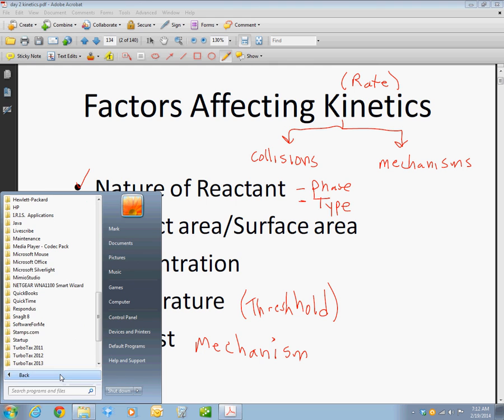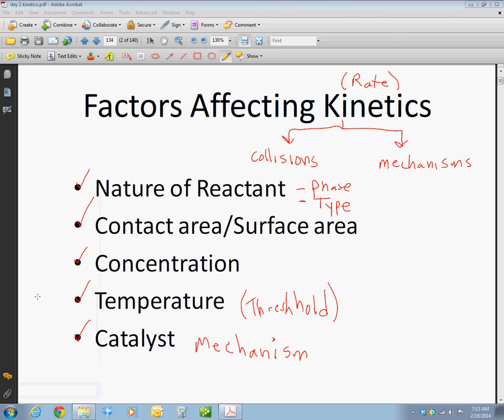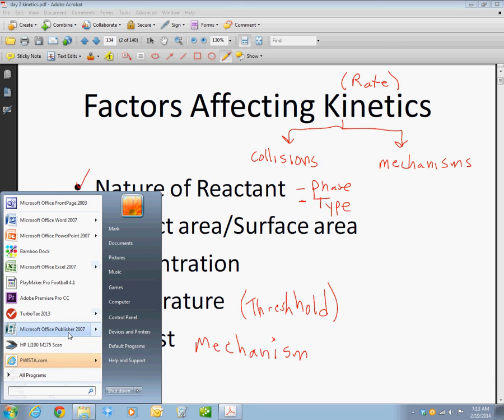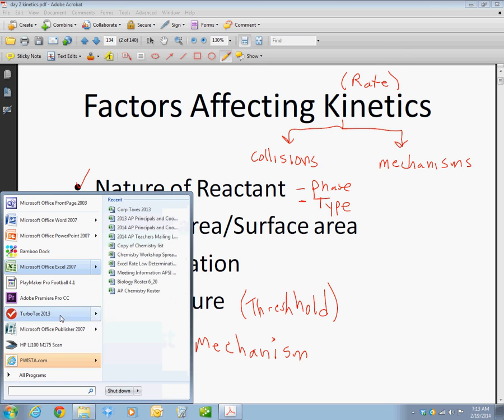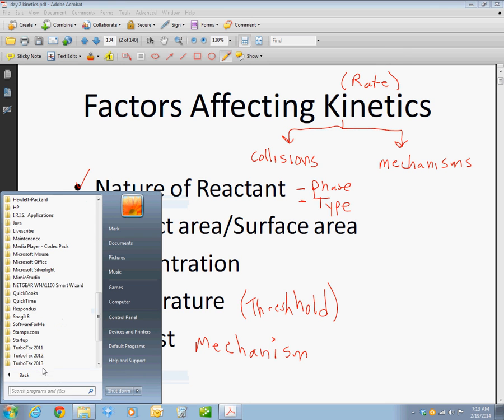So those are the key factors when it comes to these kinetics studies. I'm going to put up a series of these video recordings for you guys today so that you can start the process of studying kinetics, or reviewing kinetics, because we basically have done a lot of this reading already. I'm just going over it to make sure